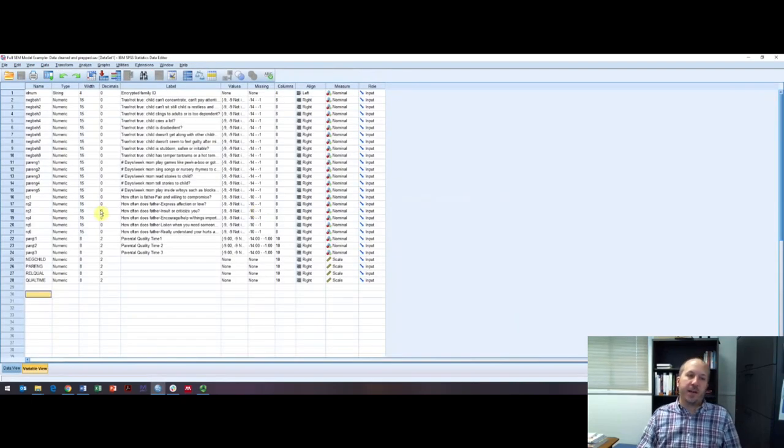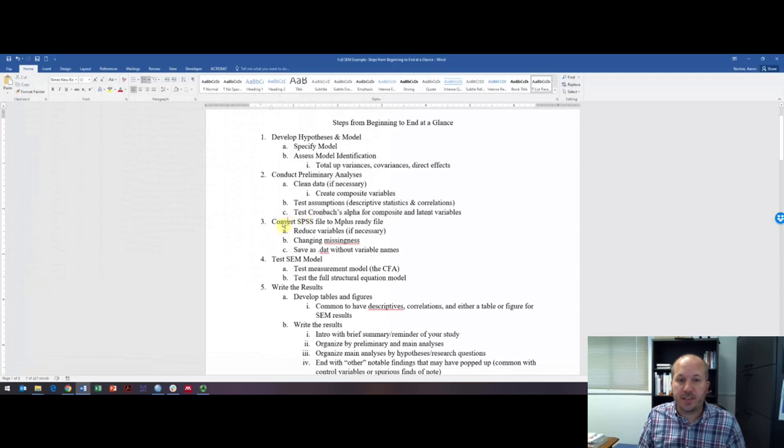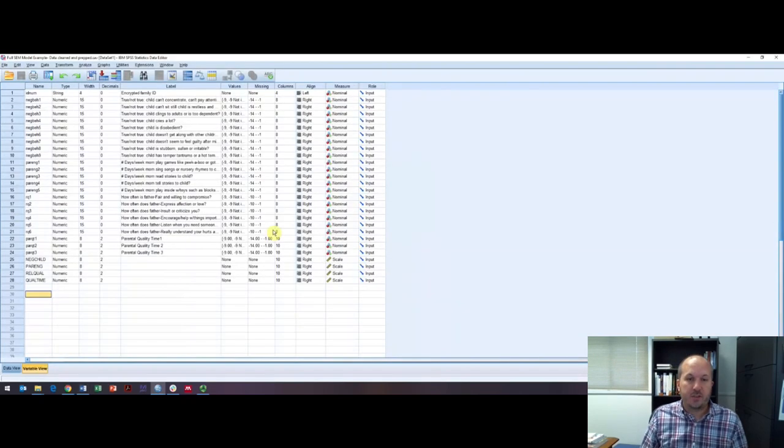So now I've saved my data set as a new file name, just in case I made mistakes and need to go back to the original one. I've saved my syntax file and my output file. We're ready to now go on to the next step. So the next step is to convert this file and have it M+ ready. So the first thing we're going to do is fix the missingness,